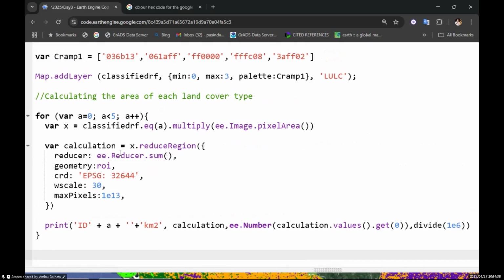You have to be careful about this one, because it's different from place to place. If you are focusing on Sri Lanka, you can go with this one. But if you are focusing on any other country, you have to change it. So you can check the EPSG code and just check what is coming up. You can copy this one and